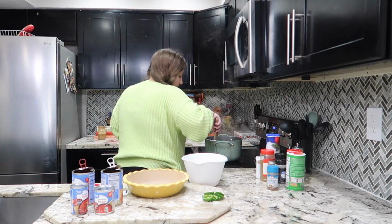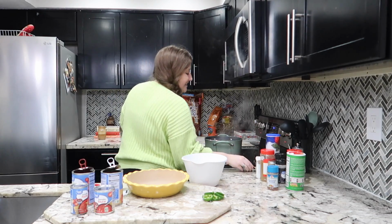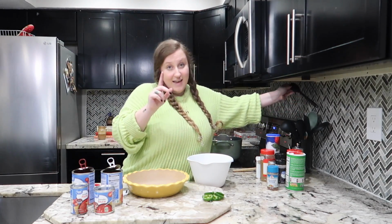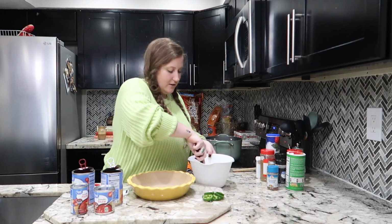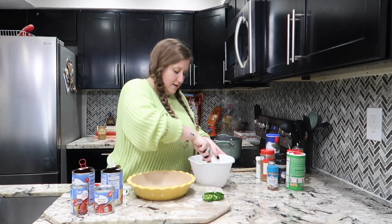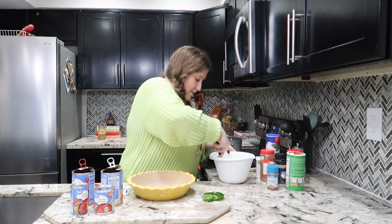Now you just wanna get the beef nice and brown. You wanna get the seasonings all mixed together. And don't worry, we're gonna season again once we add the beans and the tomato sauce and everything. All right, so let's mix this together. Once I think this is properly mixed,